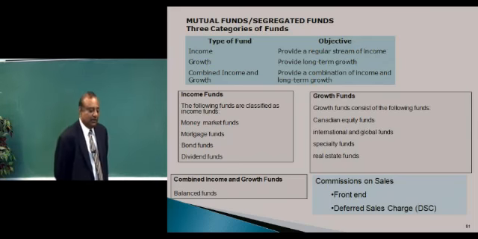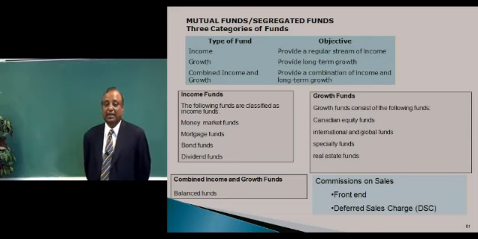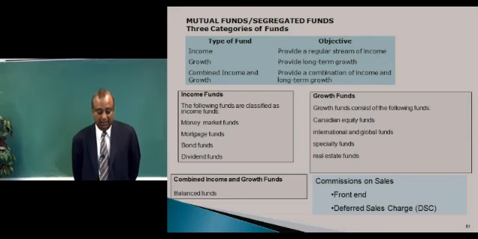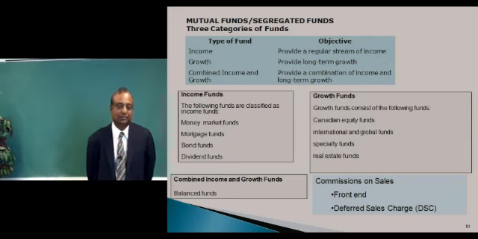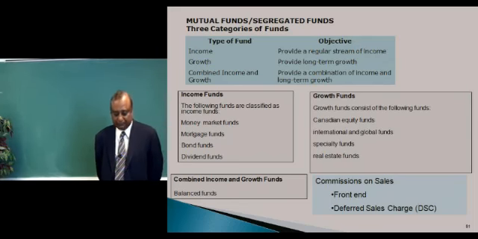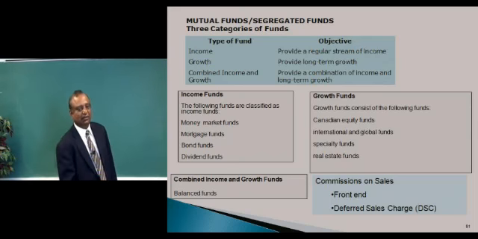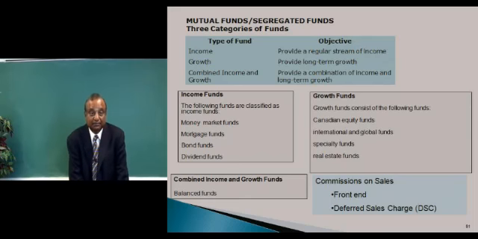Whereas, if he chooses the deferred sales charge option, he does not have to pay any commission when he's investing the money. But when he's cashing out, depending upon the timing of his cashing, they would charge him a commission. Usually it's a declining rate charge. In the first year they may charge 6% commission, second year 5%, third year 4%, and so on. Obviously, when the person intends to keep the money there for a longer period of time, a deferred sales charge option makes sense.